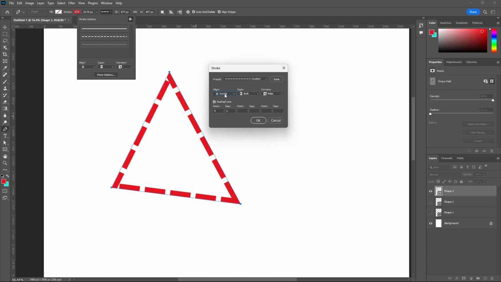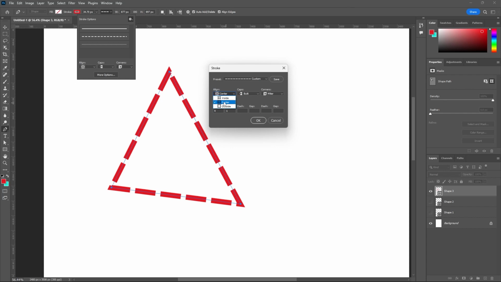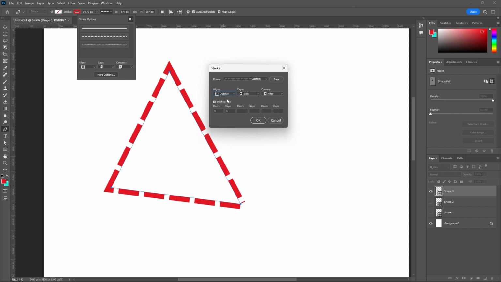So it is aligning inside and center, and here it is outside, and the cap is built and rounded. So here the cap is changing into rounded and square, and corners miter, round. See here it is round